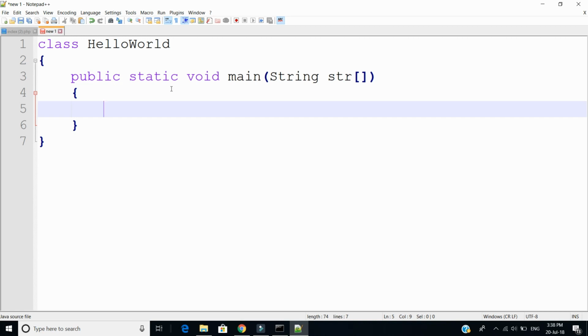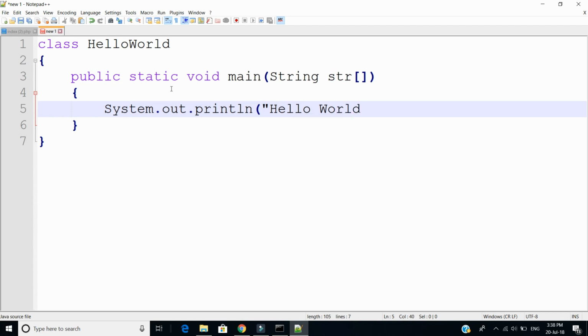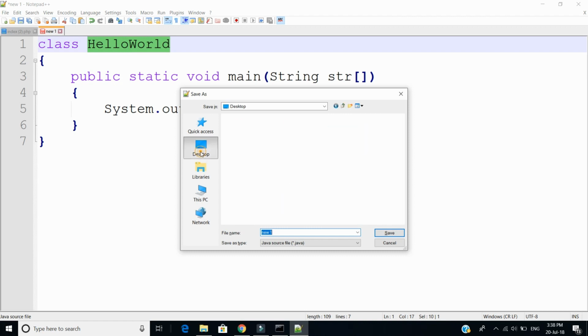Now to print a message, we simply type System.out.println method and type some message like Hello World in double quotes, and after that I copy my class name and save on desktop.